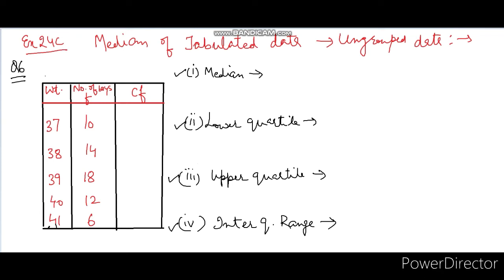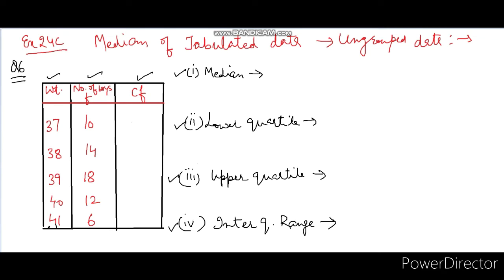Weights in the first column, ungrouped, then the number of boys, or the frequency, in the second column have already been given to us. What we need to do in this case is only add the third column, students, remember, that of cumulative frequency, CF. Not a new thing for you, you already did these things in the 9th class. CF is known as the cumulative frequency. Against each frequency, we add up all the frequencies up to that point.